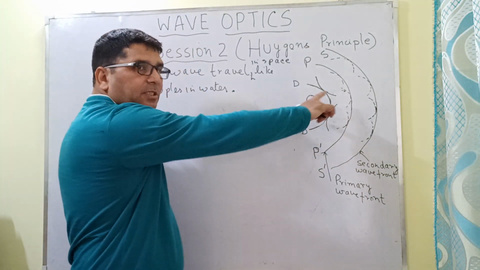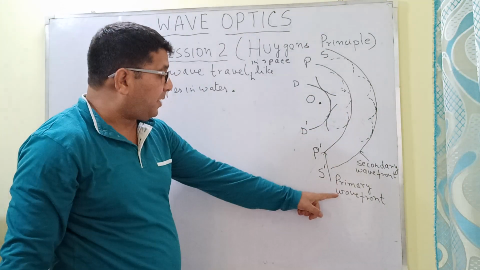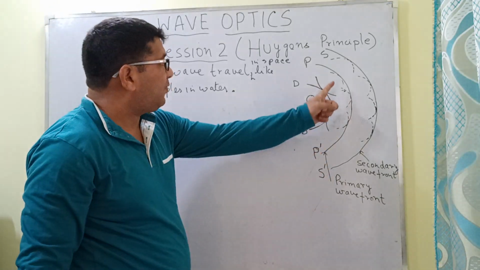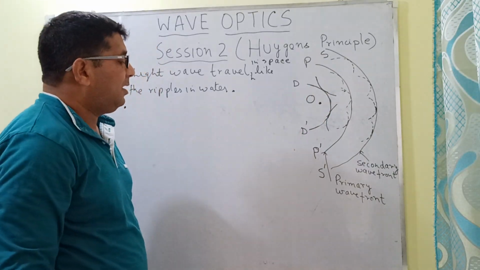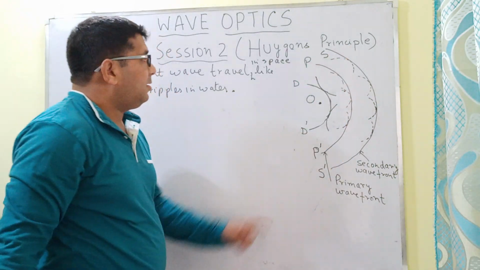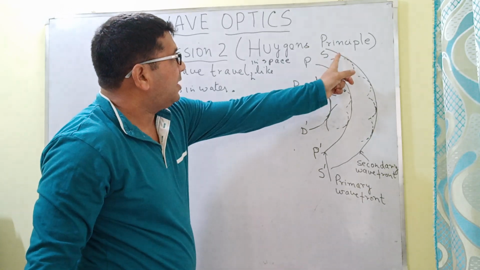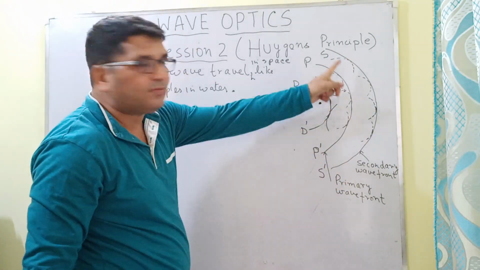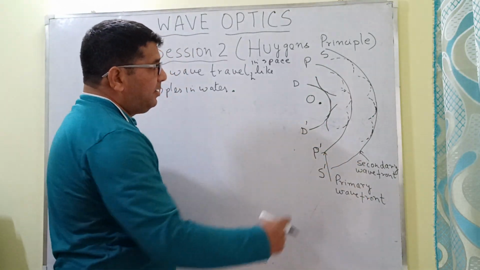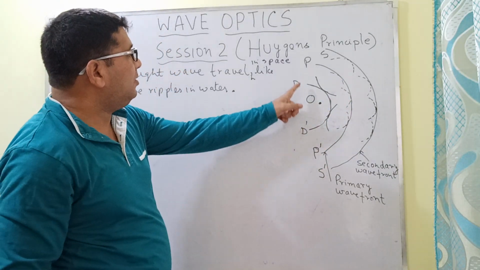It means that the light is propagating in the forward direction with the help of these primary wavefronts. Each and every point on the primary wavefront is acting as a source for this secondary wavefront. That is, each and every point is generating wavelets. When we draw a common tangent to these wavelets, we will get another wavefront, which is called the secondary wavefront. So now Huygens principle was not able to describe